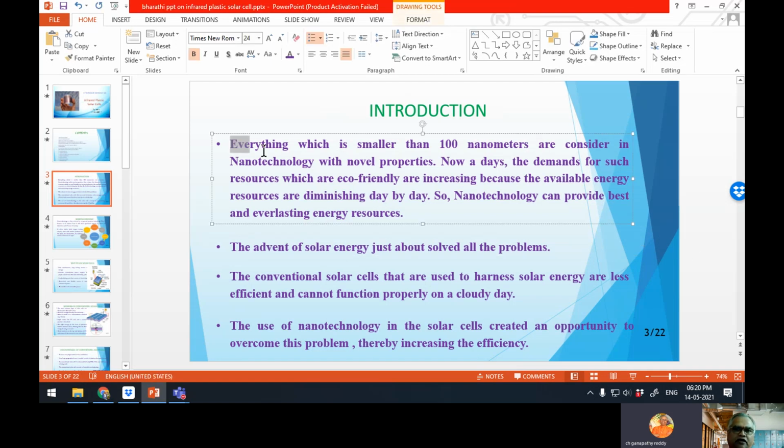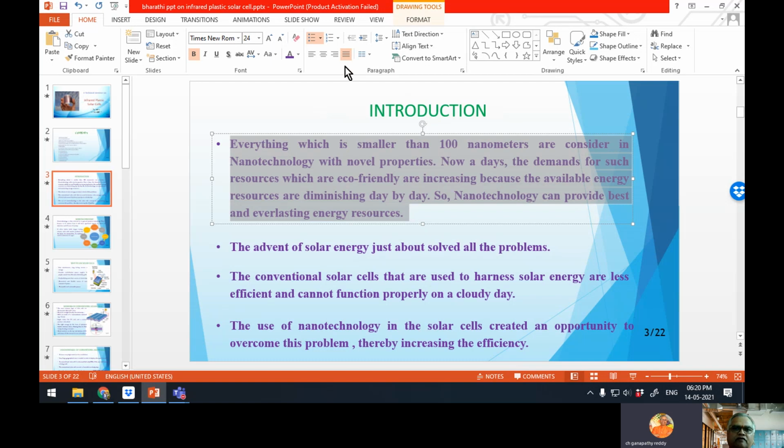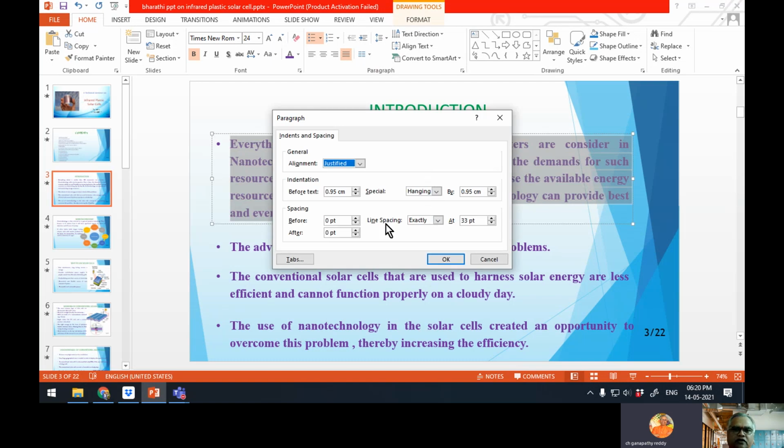And see the line spacing here. What is the line spacing? It is not one, it is not 1.5. In the line spacing options, there are single, 1.5, double. If it is 1.5, space will not be sufficient. Double means 2, not sufficient.